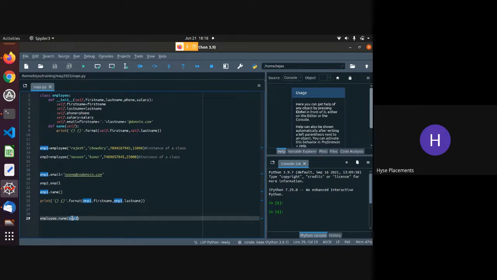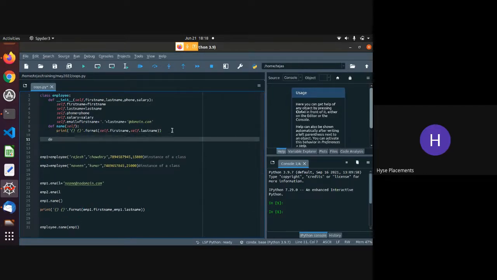So it's up to you. You can use any kind of syntax you want. Okay, so till here we have just created a class. We understood the importance of the constructor, why we need constructors and all, and we have created different methods inside the class. For example, if I want to create another method, simply I'll type